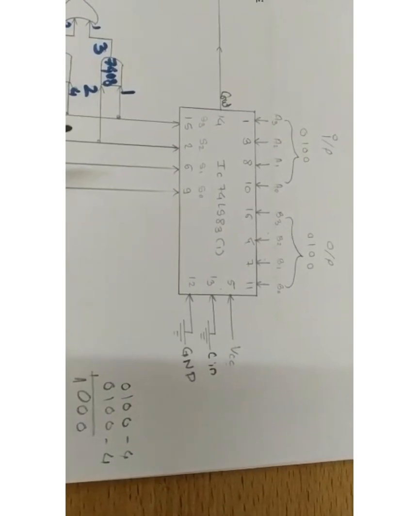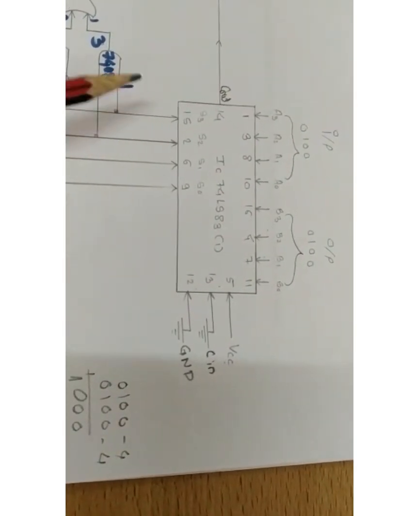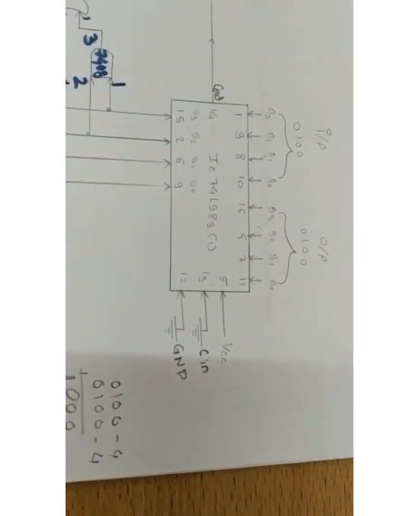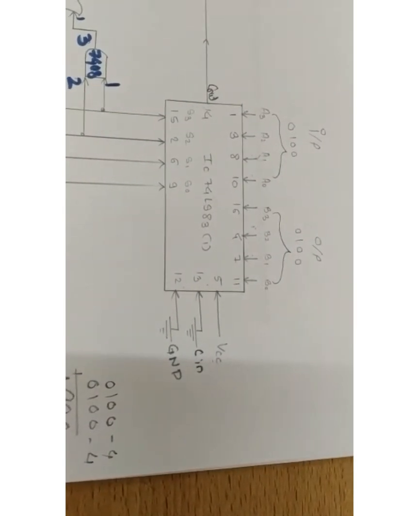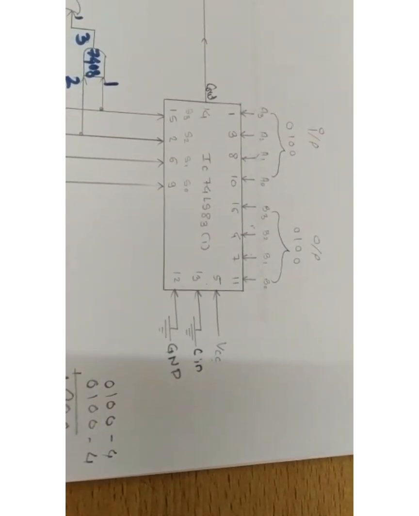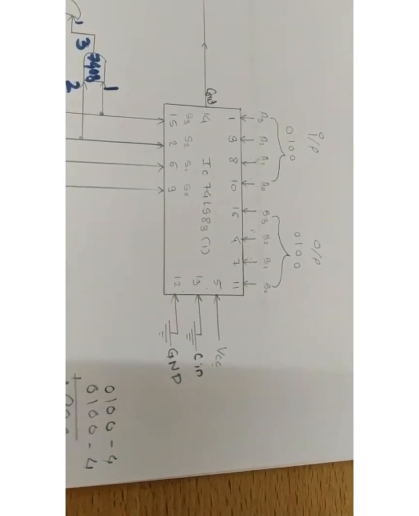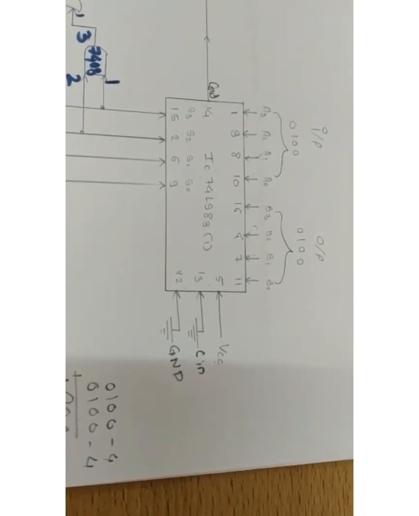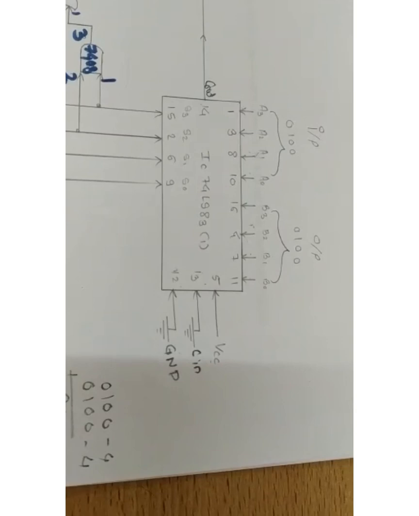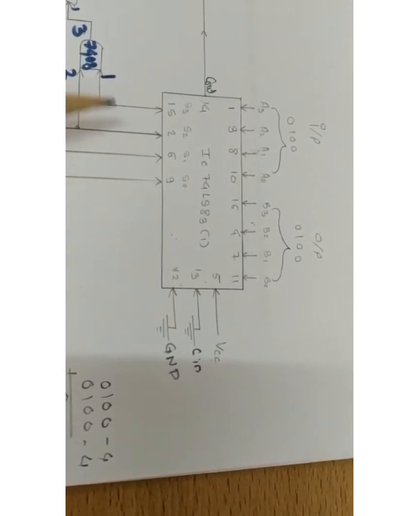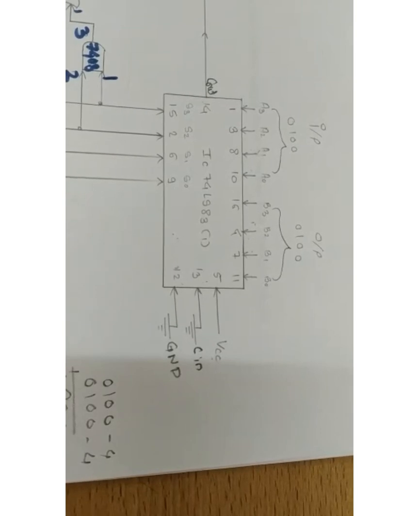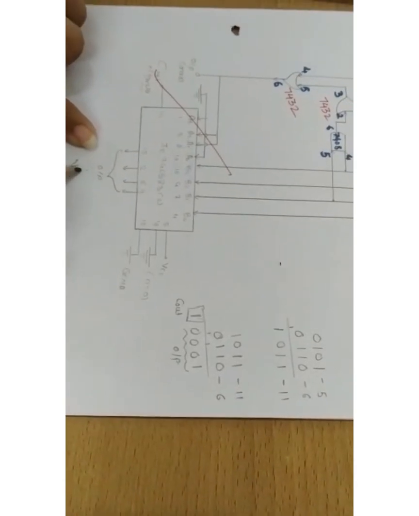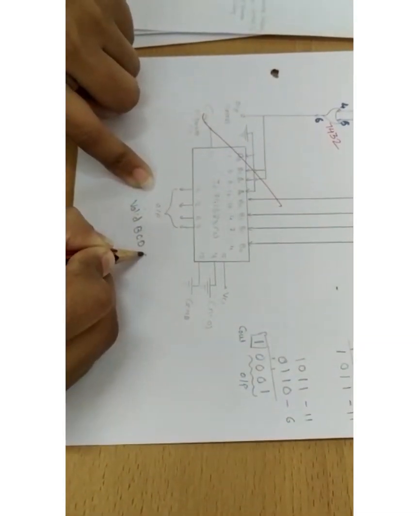So we have seen this in theory. For that, we have to use this circuit: if the addition of these two numbers exceeds 9, then we have to add the number 6 in the next addition. So this circuit is used for adding the number 6 in the next IC. So we are using another 74LS83 IC. In that we are adding the number 6 for an invalid BCD addition. Whatever invalid BCD addition you get here, in that we are using the number 6. The final output should be a valid BCD, so here you are getting the valid BCD addition.